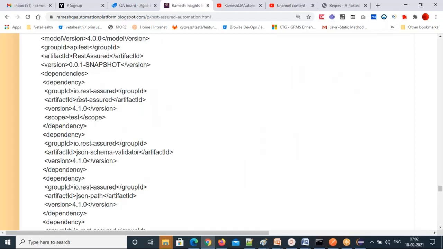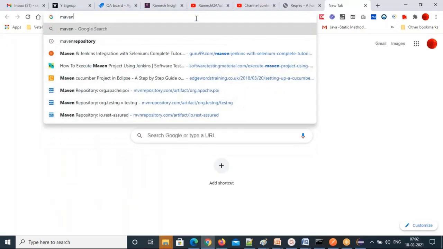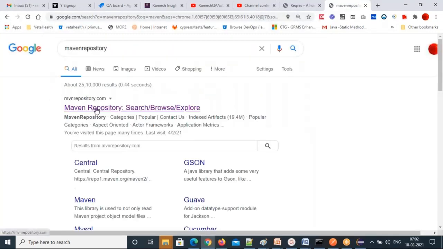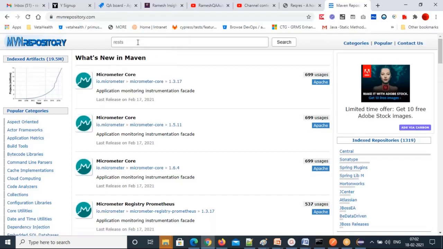io.rest-assured, and the version. We'll see which version we have now. Just go here, open a new tab, and open the Maven repository. Maven repository, the first one, and you can search for rest assured